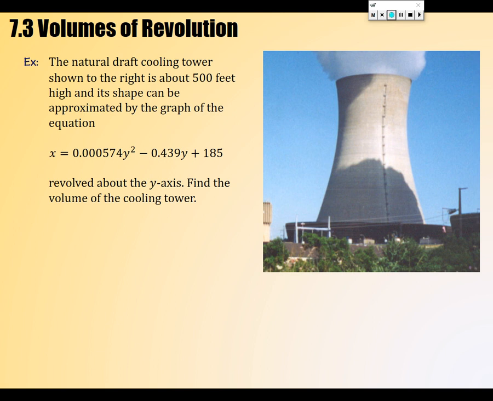But there's one that's not working, and the other 2 are piping steam into the air. The other one you can walk under. It's beautiful to look up inside of it. It's just a gigantic concrete structure. And the way it looks, by the way, this equation is probably not super accurate. It's actually a hyperbolic